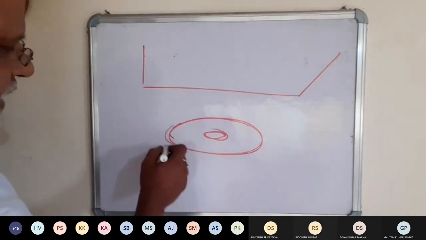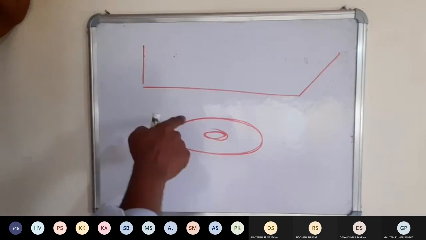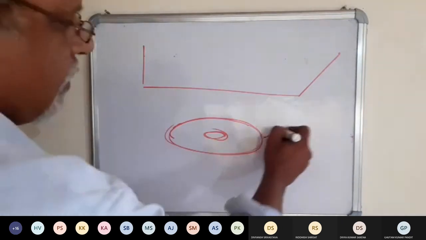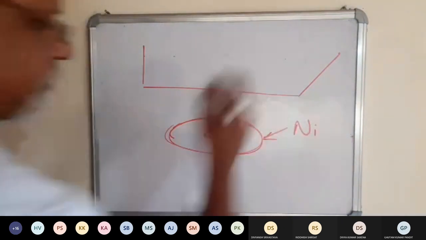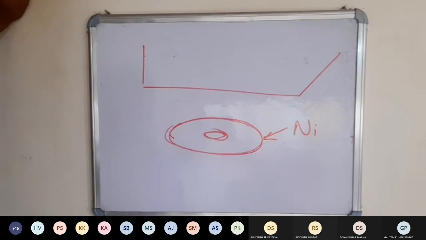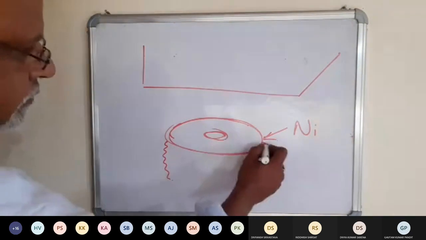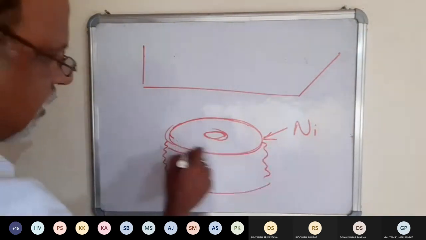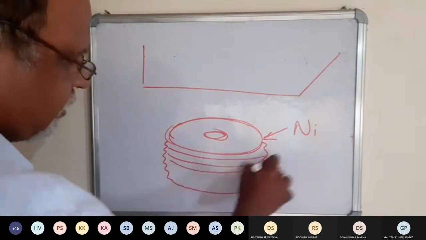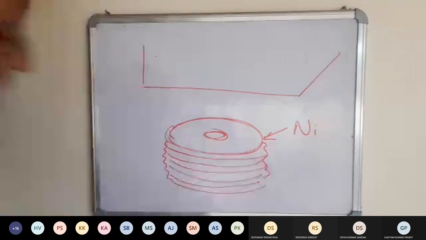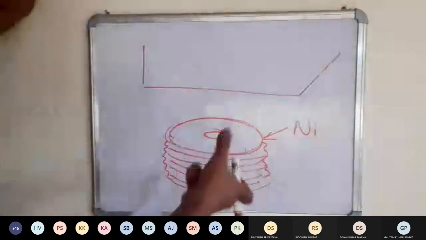ऐसे ढेर सारे शीट्स को लेते हैं। मैग्नेटिक मटेरियल है ये, फेरोमैग्नेटिक मटेरियल, नॉर्मली निकेल, क्योंकि निकेल में रस्ट नहीं लगता, मैग्नेटिक भी है, रस्ट भी नहीं लगता, तो लॉन्ग लास्टिंग। ऐसे एनुलर डिस्क लेते हैं, ढेर सारे डिस्क को एक दूसरे के ऊपर रख देते हैं, स्टैक कर देते हैं, तो पूरा ब्लॉक बन गया।